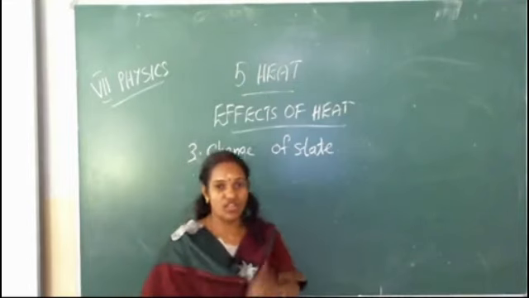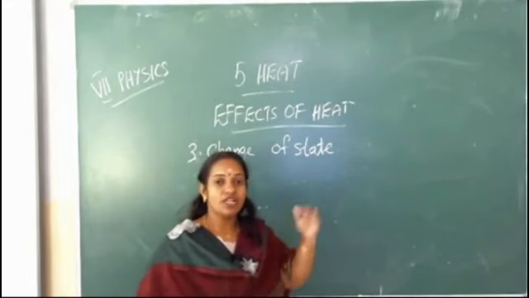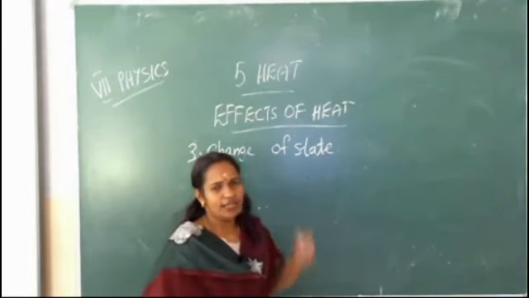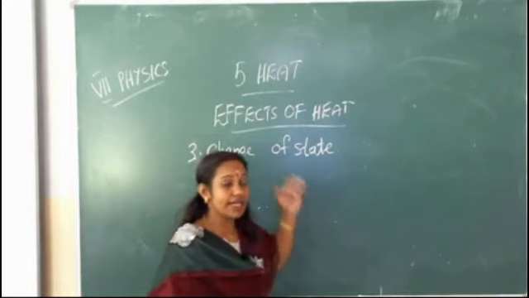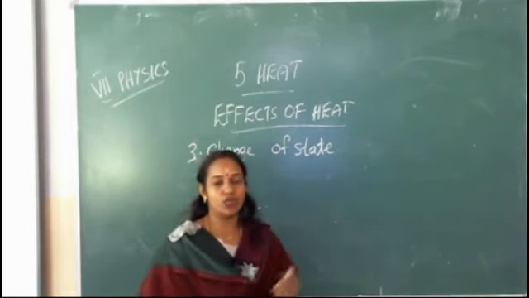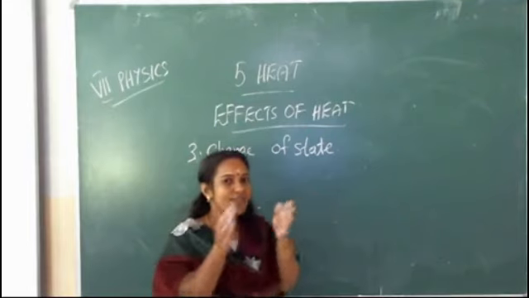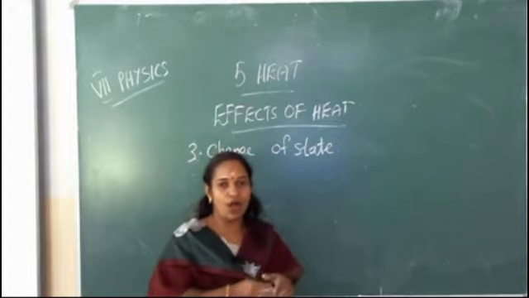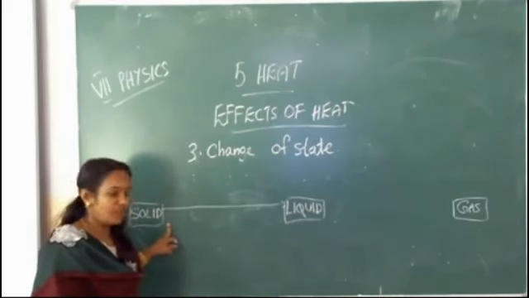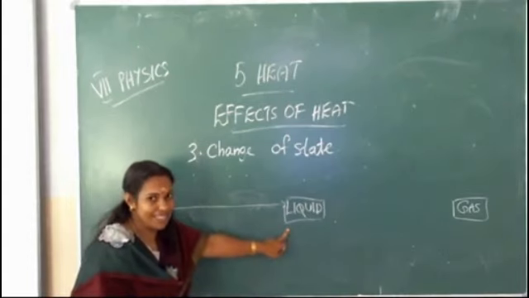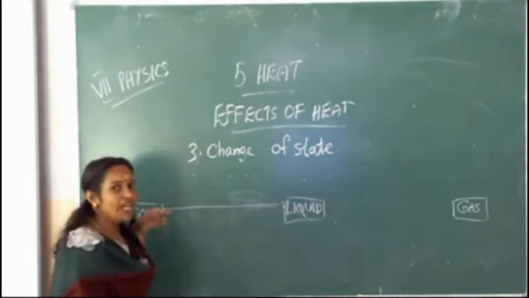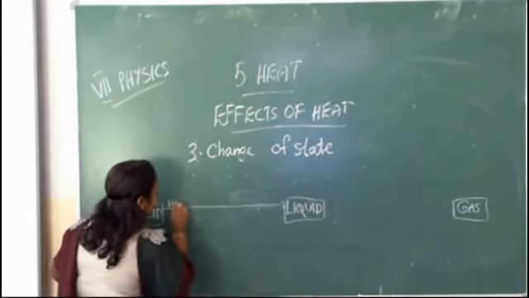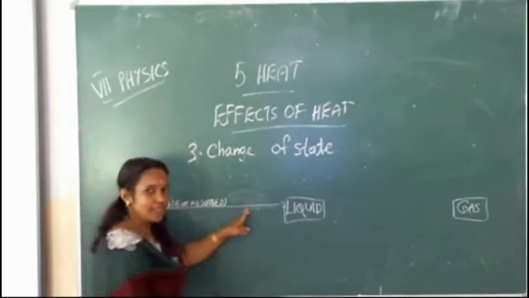What do you mean by change of state? It is the process of changing from one state to another state at constant temperature. Three states of matter you already studied: solids, liquids and gases. So, at constant temperature, solids will change into liquid, liquids will change into gas, gas will change into solid. Do you know the process of changing from solid to liquid? Melting. How it will happen? We have to give heat to the solid. So, heat absorbed. The name of process is melting.